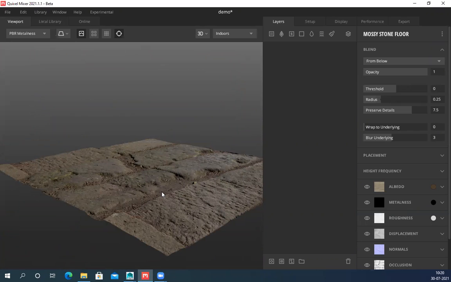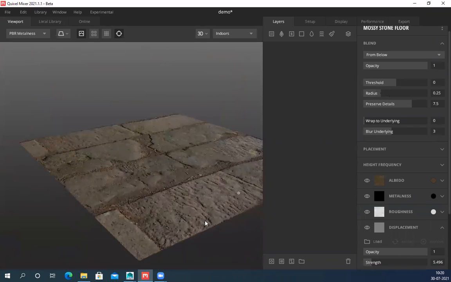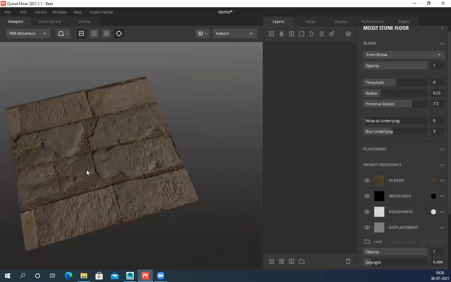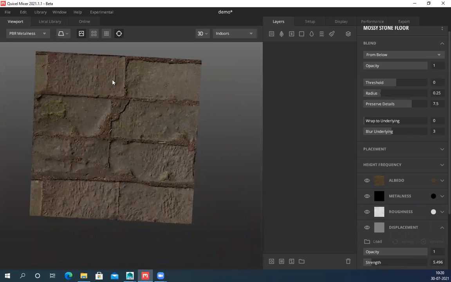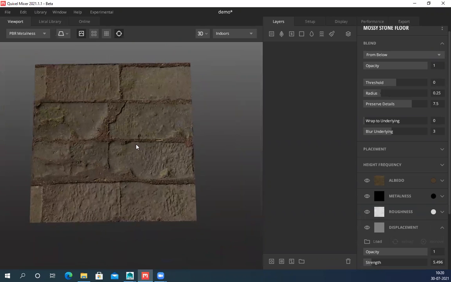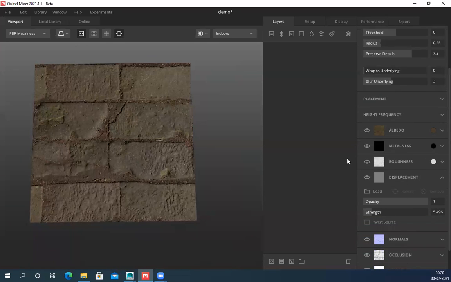In games we generally don't use displacement. If you want, you can definitely switch it off. This is your nice gaming render, but you can see the tiling is way off. And this part I am planning to use for the top part. So what I'll do here, you can see my texture is,